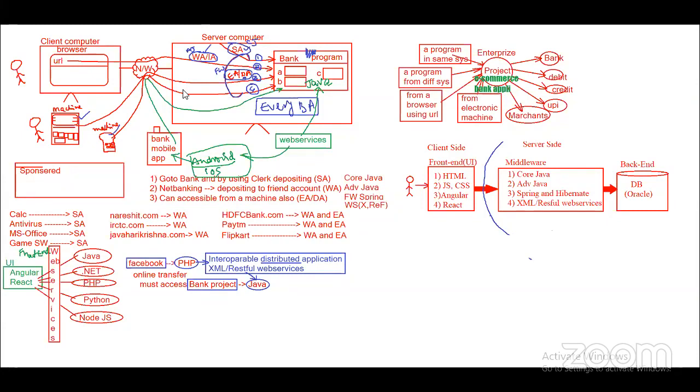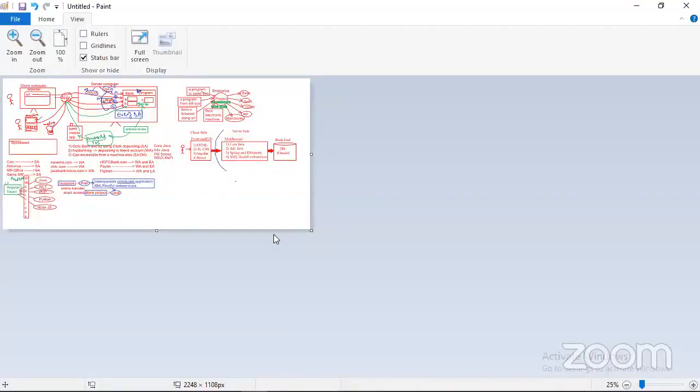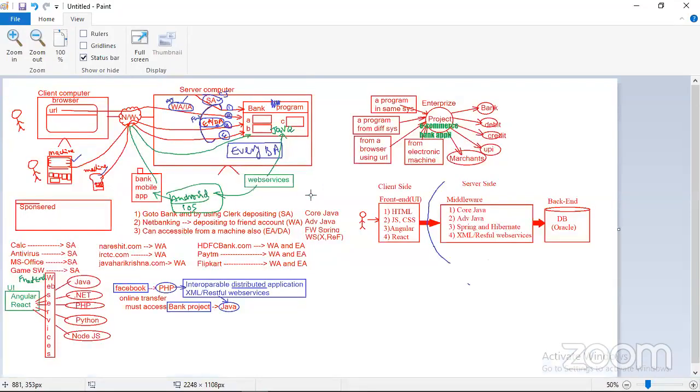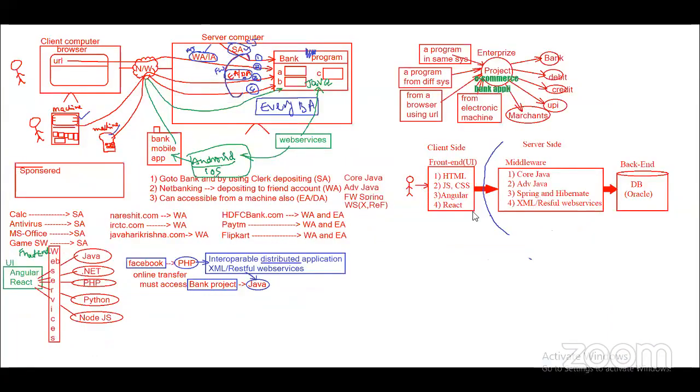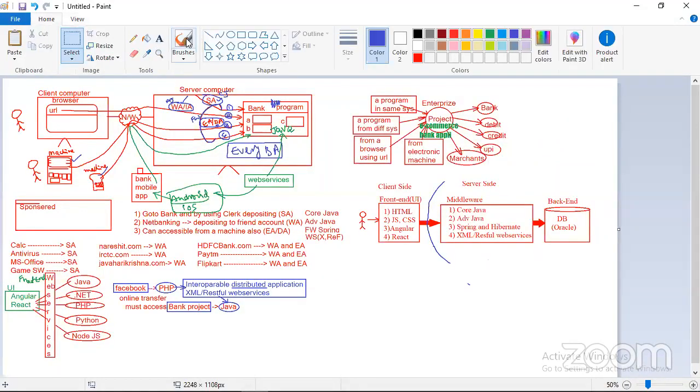Where is the courses list? It's gone. I have mentioned the courses now. What are the courses you have to learn? Oh, this is only right. Sorry. Architecture itself is a course. What are the courses you have to learn, and the integration between the courses. End user interacts with HTML, JavaScript, Angular, React to develop this enterprise application.